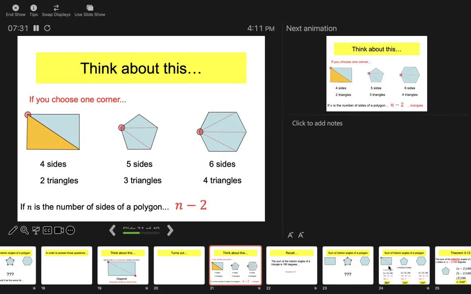It will have n minus 2 triangles, where n is the number of sides and n minus 2 is the number of triangles that you make by creating those diagonals, right? So there's n minus 2 triangles. Quadrilaterals have two triangles. 5 minus 2 is 3, so you have three triangles for the pentagon, and 6 minus 2 is 4, so you have four triangles for